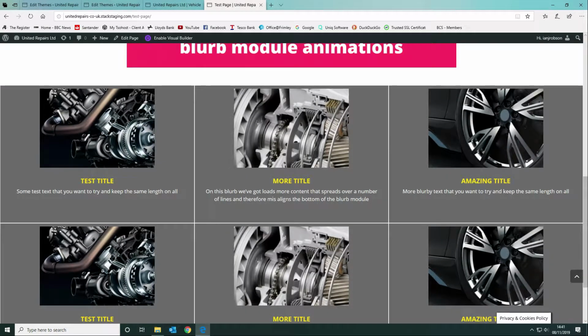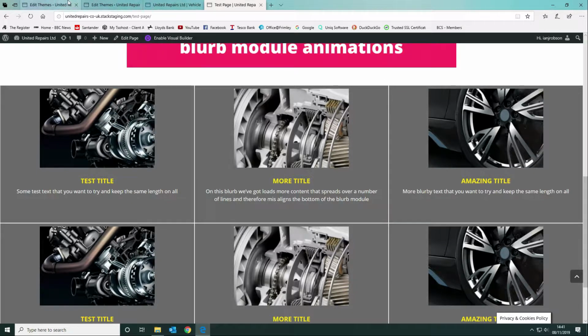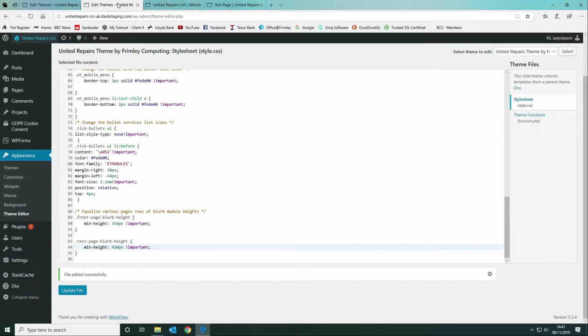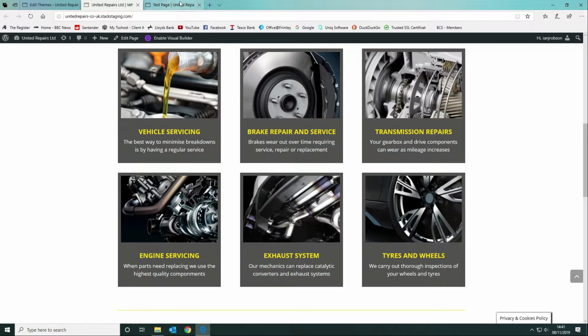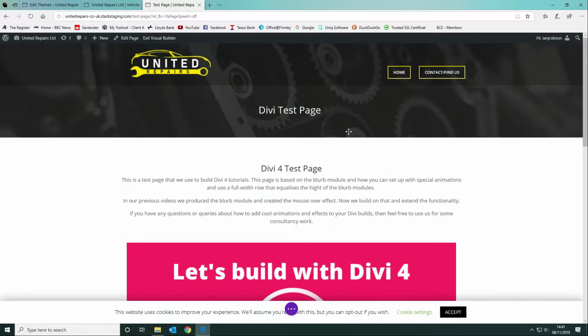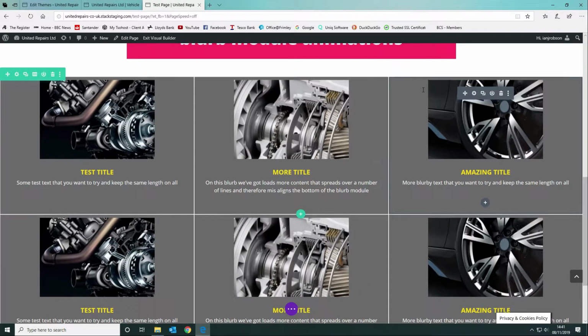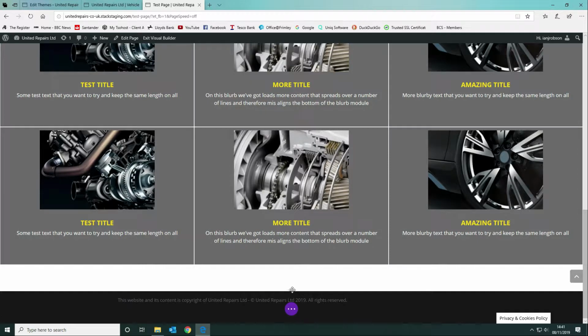There we go. So we're going to show you how to do that today. So the first thing that we want to do is, I'm going to build the page in Visual Builder mode, and then we're going to scroll down, and I'm actually going to create a new section, regular section,